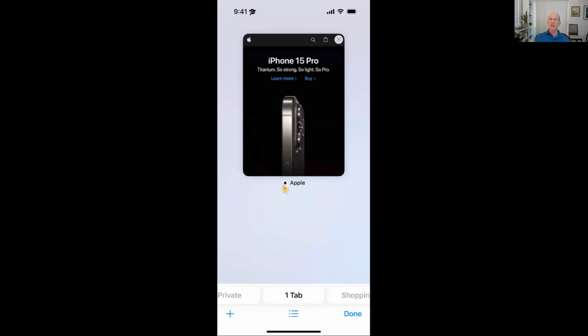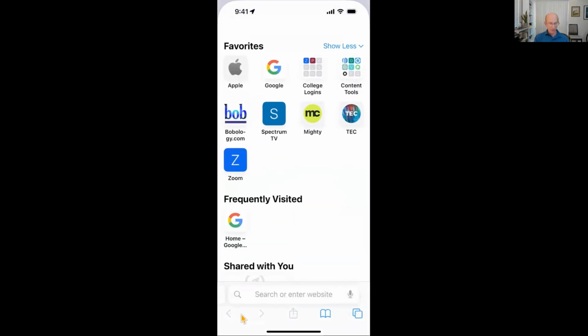Now, this is actually a tab. This is a smartphone, so it's pretty small. On iPads and on desktops, you will see a tab that will be like a tab file folder along the top. But on a mobile phone, Android or iPhone, it's too small to show those icons, so it shows tabs a little bit differently. I'm going to add a new tab by tapping the plus button down here,